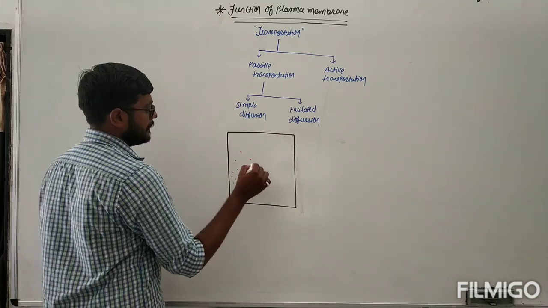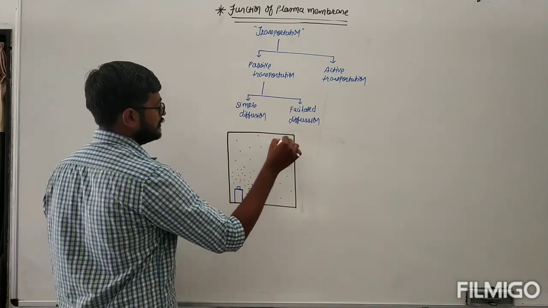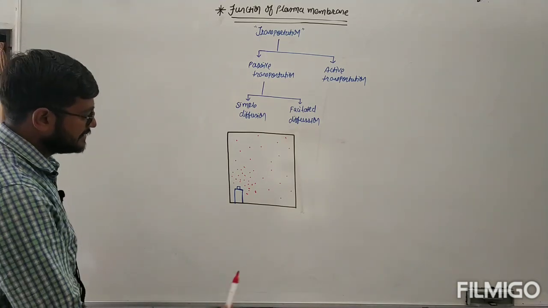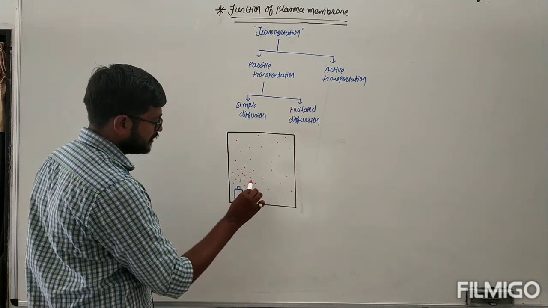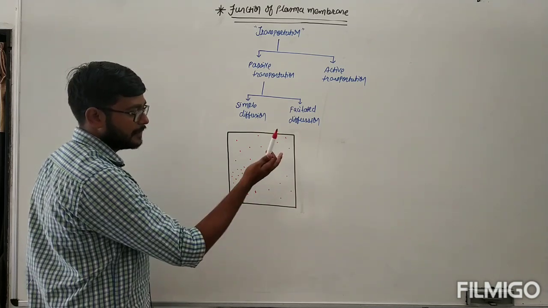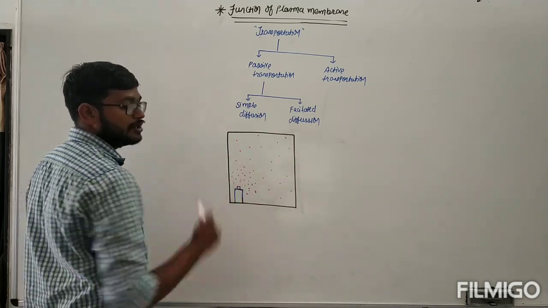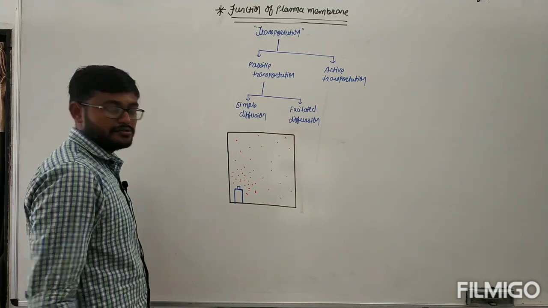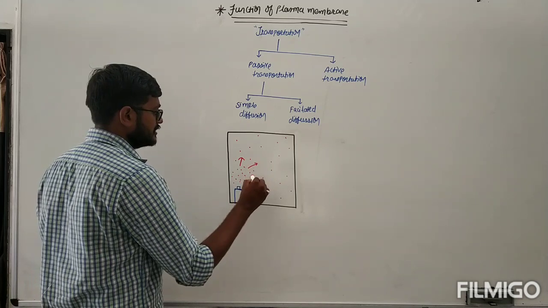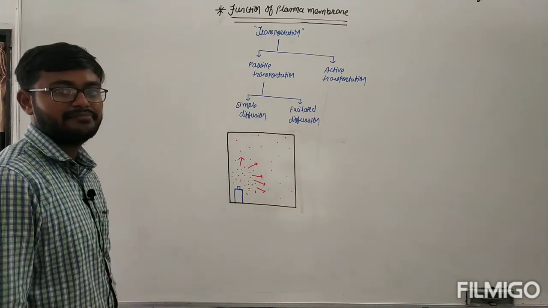So when you see that the smelly substance is moving ahead slowly, what do you see over here? I can see that the concentration of smelly molecules near the deodorant bottle is higher, and the concentration of smelly molecules away from the deodorant bottle is what? Lesser. So initially the movement was in which direction? From this direction to this direction. The components were moving in all directions in a random manner.